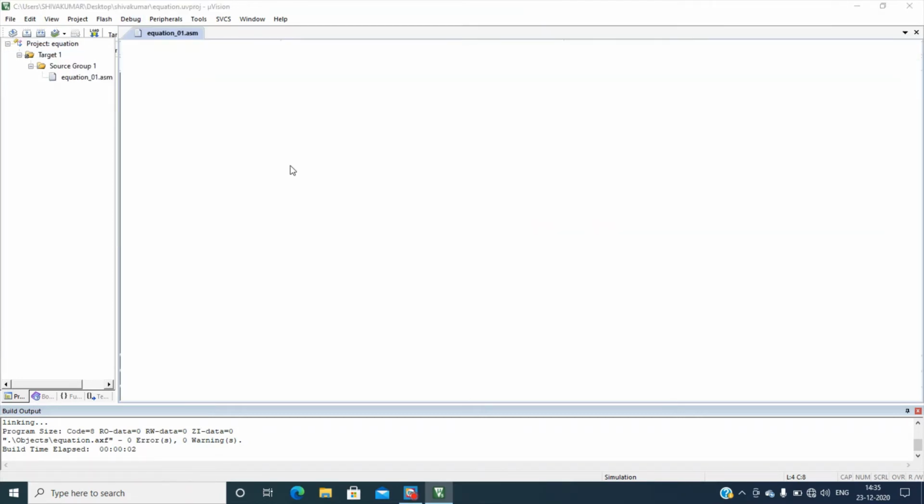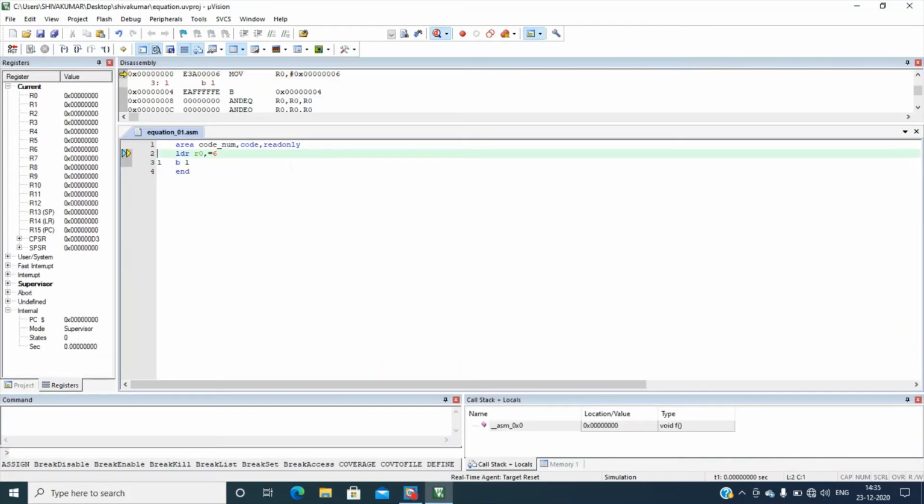You can see on the left side R0, R1, R2, R3, R4, R5. These are all general purpose registers, and their values are also shown here.